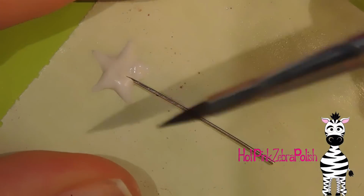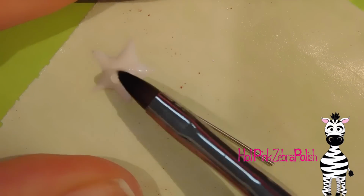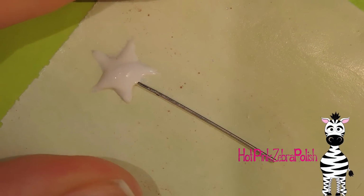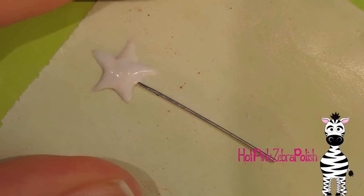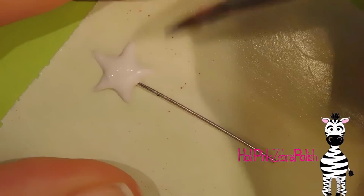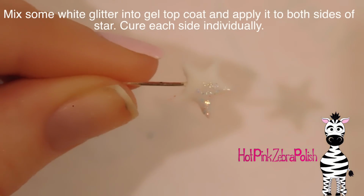And then once you have all of them on there, you're going to want to add more acrylic to the top of your star just to make sure that the silver wand is nice and covered up and is going to stay in there really nicely. So just thicken up the star itself. That's also going to give you quite a bit more strength. And when I said before that it would be wearable, that would probably be without this wand. This wand is going to make it a lot more delicate and a lot more prone to catching on things and that sort. And so after you have that set, you can peel it off the backing